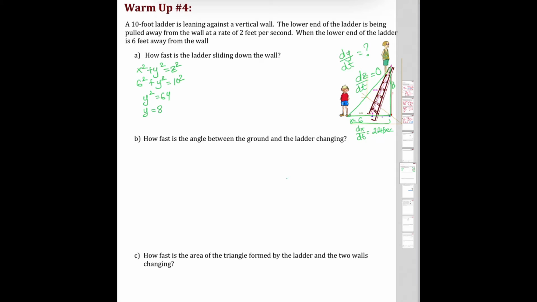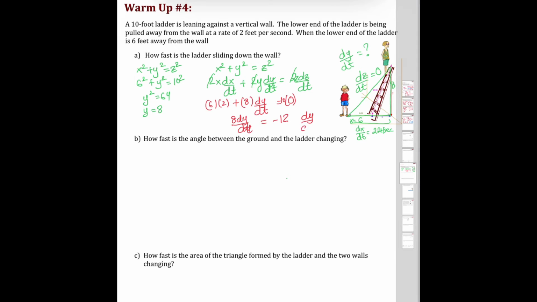0. So now I'm going to use my Pythagorean theorem, and I'm going to find a differential equation from that by taking the derivative on both sides. So 2x dx dt, remember we are differentiating with respect to time, plus 2y dy dt equals 2z dz dt. The 2's cancel out. Now what am I left with? I'm going to substitute in my x, which is what? 6 times 2, plus y is 8, 8 times, I don't know my dy dt, equals 0, right? Because z is 10 times 0, which is 0. If I do the math, I get 8 dy dt